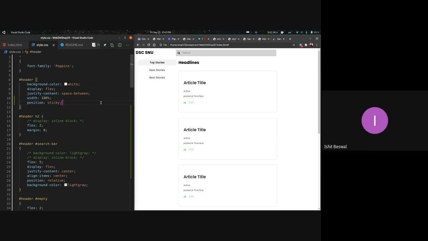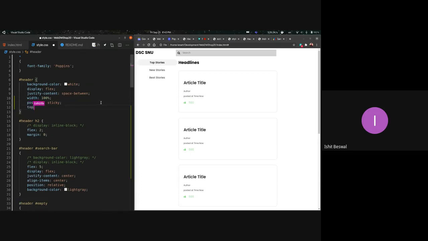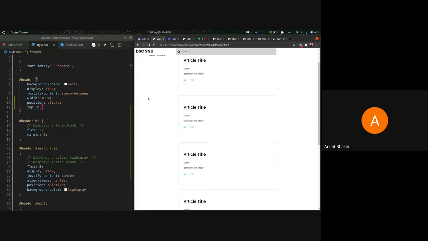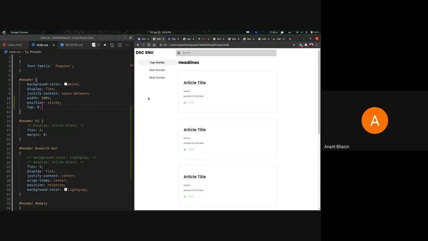So you might be wondering why sticky isn't working. As we discussed while we were giving the absolute value, you have to actually position your element after giving it the value. So let me go ahead and give it a top of 0, so it will always be stuck to the top. Now this is a good time to demonstrate this.